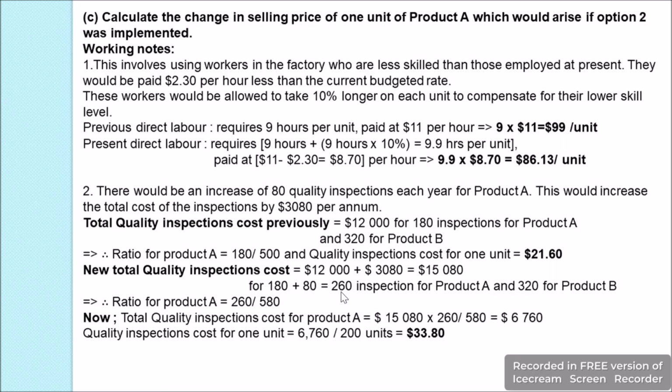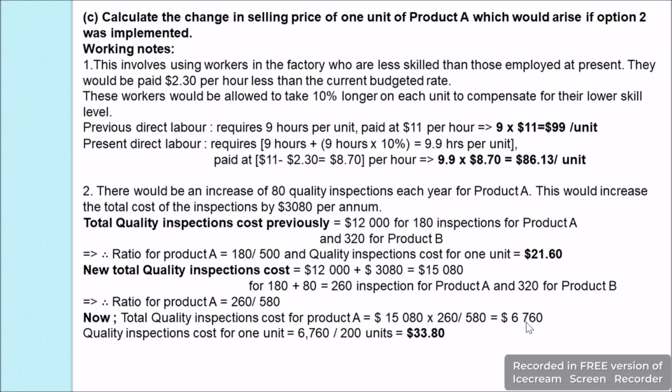Now the total will be 260 inspections for product A and 320 for product B, as this will not change. So now the ratio for product A will be 260 divided by 260 plus 320, which is 580. So now the total quality inspection cost for product A will be 15,080 times 260 divided by 580, which will be